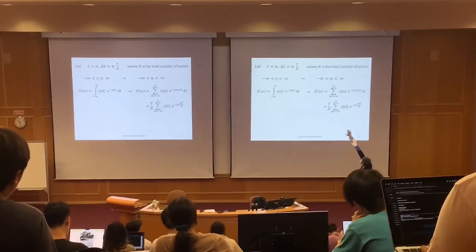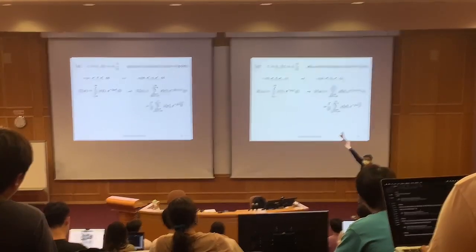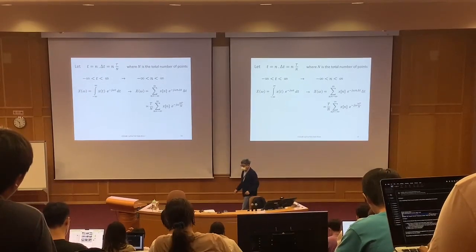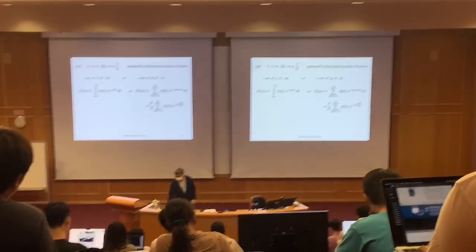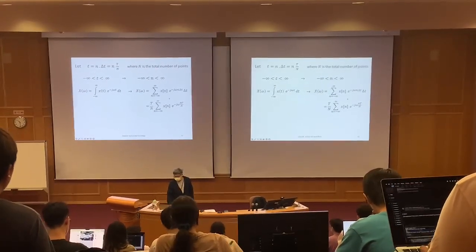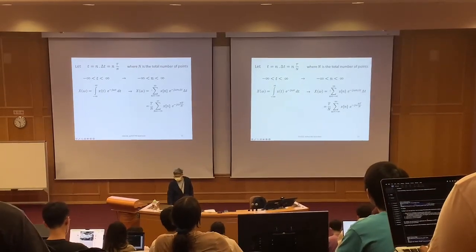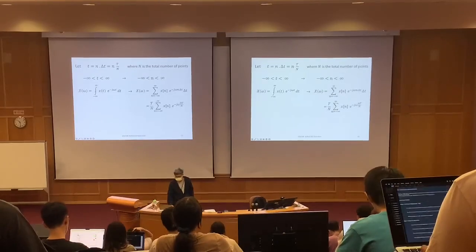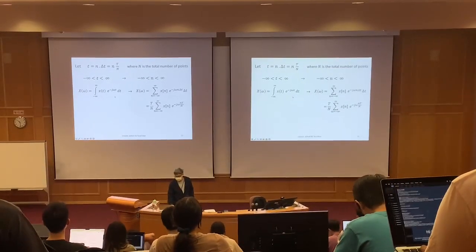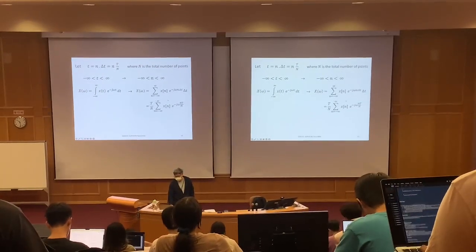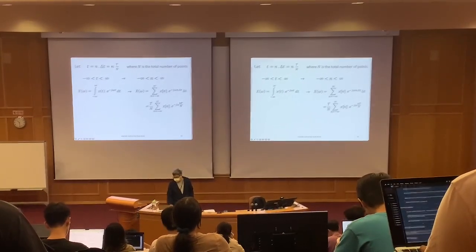And from here to here, no problem, right? From here to here, this is how we write our Fourier transform in the discrete time domain. This is how we write Fourier transform in the continuous time domain. We want to check the relationship between this and this, understand? So from here to here,